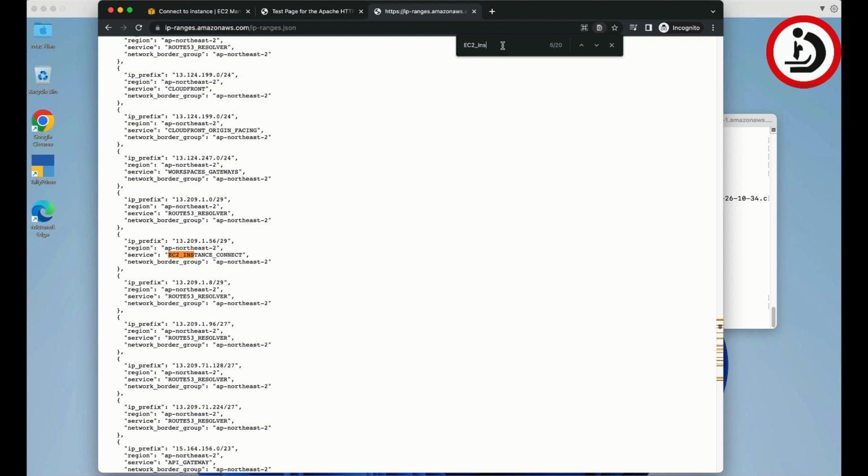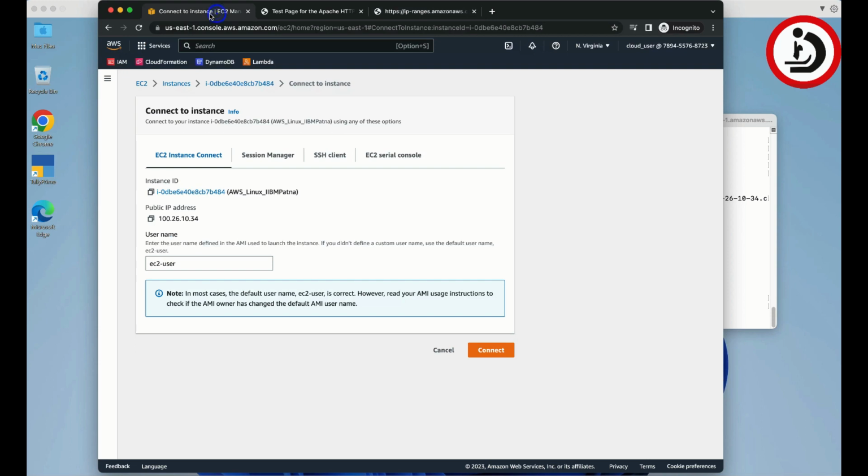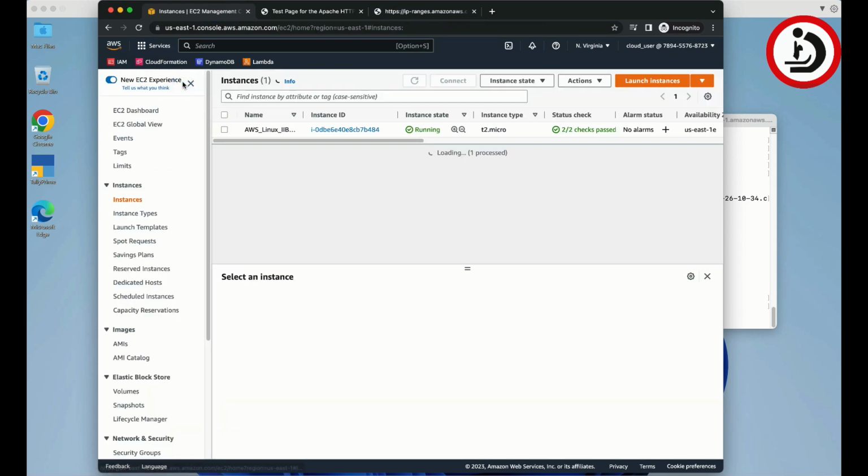And if that EC2 Instance Connect service is also pointing to your region, which is US-East-1, and here we are in US-East-1, we can just select this IP range, copy it, come back to your instances,